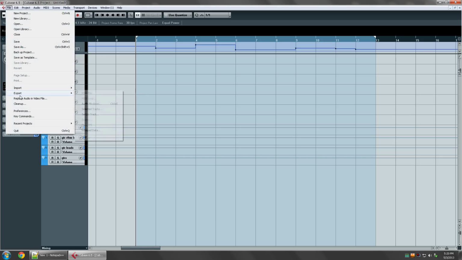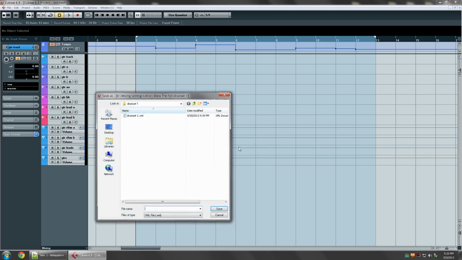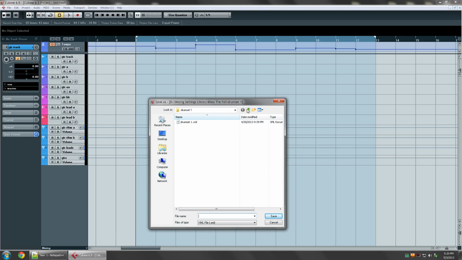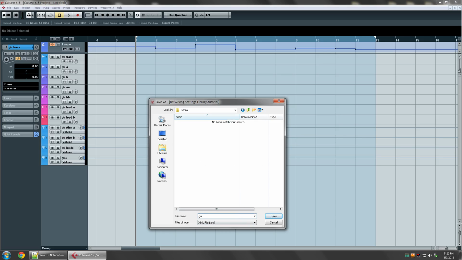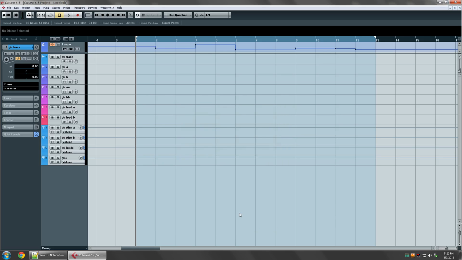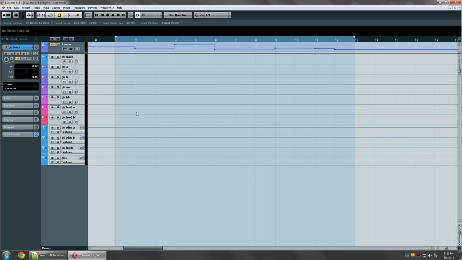So we'll do export selected tracks, reference, and then we'll just name it tutorial, guitar setup. All right, so now we have our guitar setup